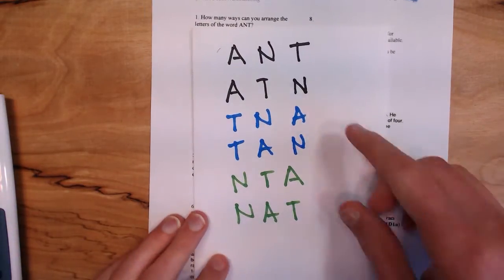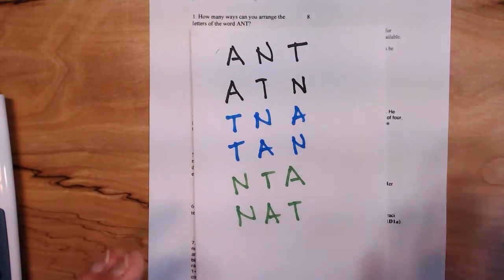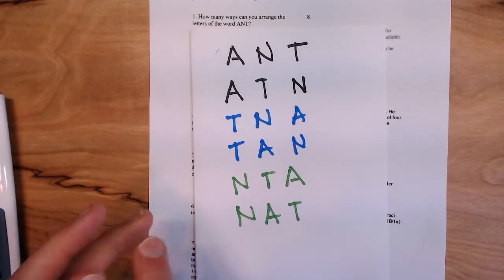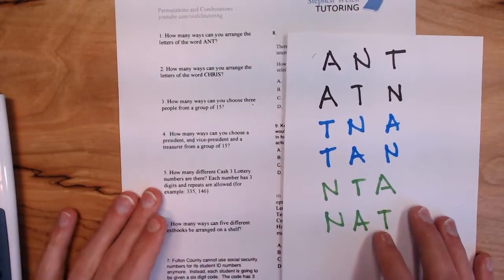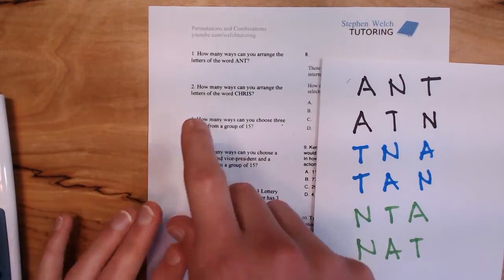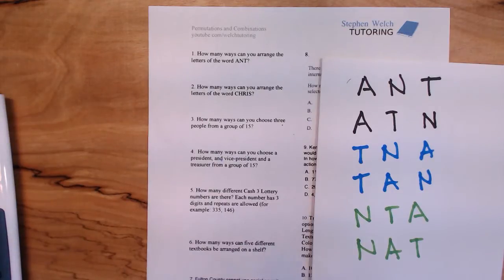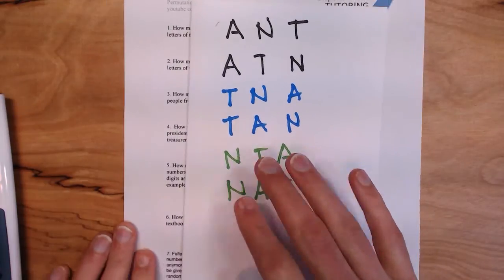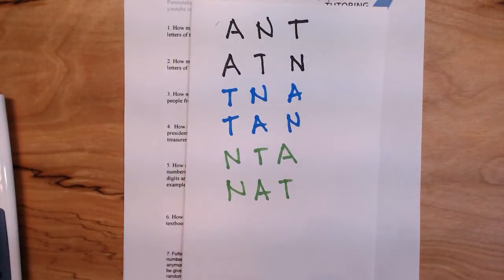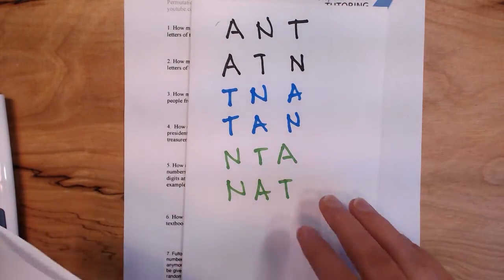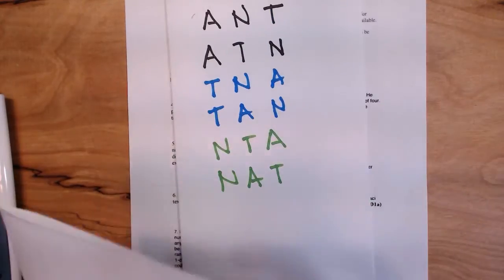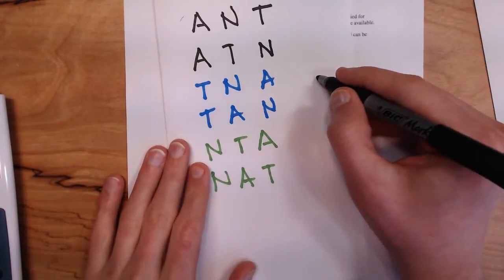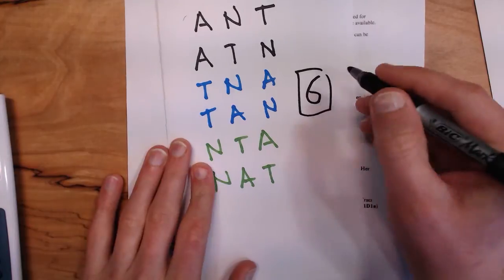So how many do we have? 1, 2, 3, 4, 5, 6. Okay, so that's great. This is a fine way of doing the problem as long as the word is really short. But if you peek at number 2, it's going to be a much longer word. So we need a more sophisticated way of solving these problems. This is not bad, but I'm going to show you a better way that's going to work on more problems. So let's remember our answer is 6,